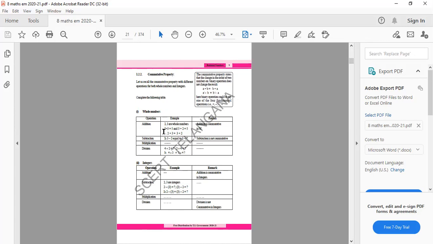Addition means 2 plus 3 equals 3 plus 2. These are all possible. Multiplication is possible. Division should not be. We cannot say. These are the things. Whole numbers, integers, and one set of numbers they have taken. They start working on that. Whole numbers, and possible outcomes. They are testing how the remarks are there. Addition is commutative, it's okay. But subtraction is not commutative. It is not valid.